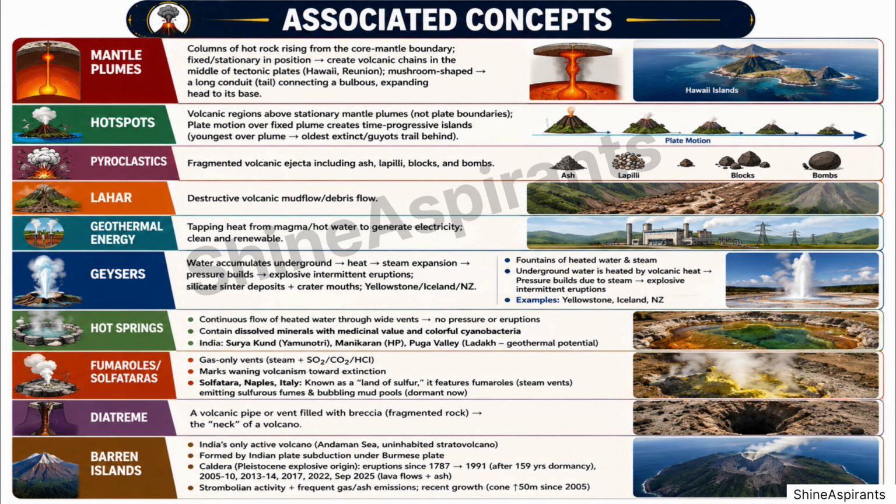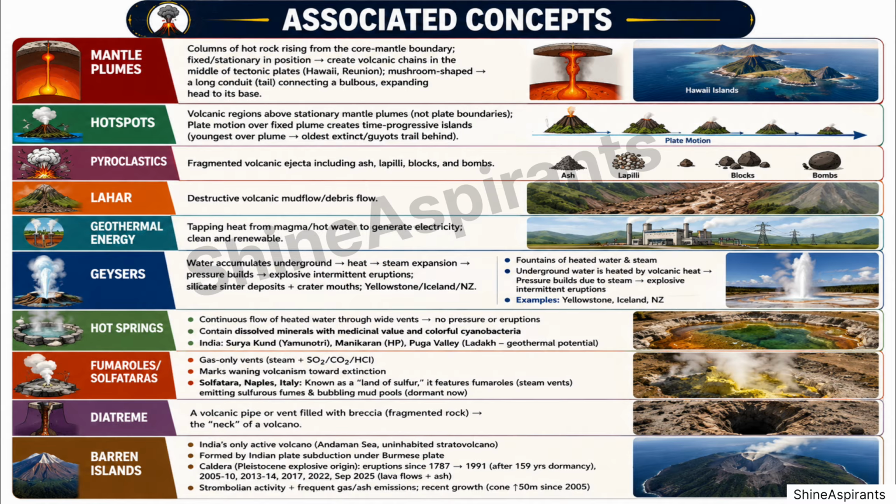Associated volcanic concepts. Mantle plumes: columns of hot rock rising from the core-mantle boundary. Fixed, stationary. Create volcanic chains in the middle of tectonic plates. Example: Hawaii, Reunion. Mushroom-shaped: long conduit tail connecting a bulbous, expanding head. Hotspots: volcanic regions above stationary mantle plumes, not at plate boundaries. As the plate moves over the fixed plume, it creates a time-progressive chain of islands, youngest over the plume, oldest extinct,